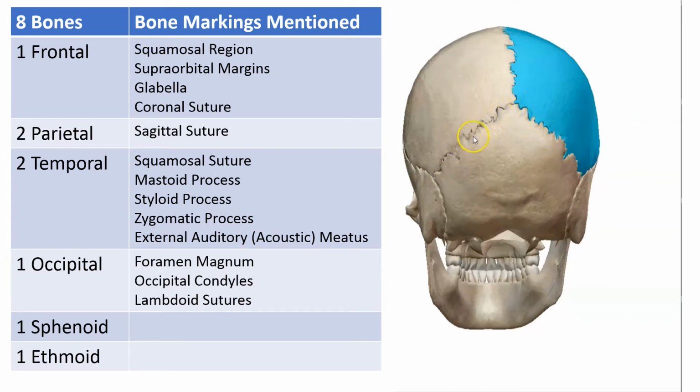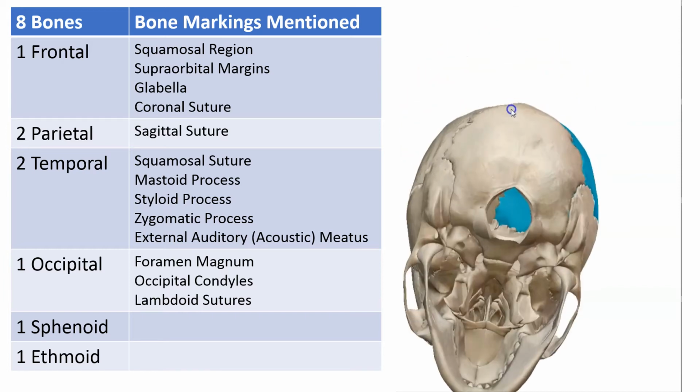It gets its name because it looks like the Greek letter lambda, especially when you connect it to the sagittal suture here. A couple of markings that you need to know for the occipital bone are